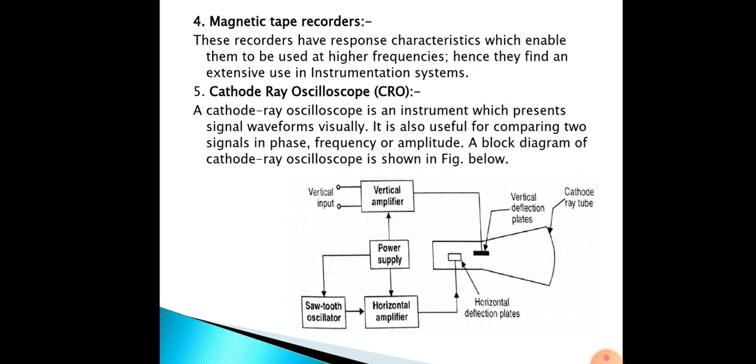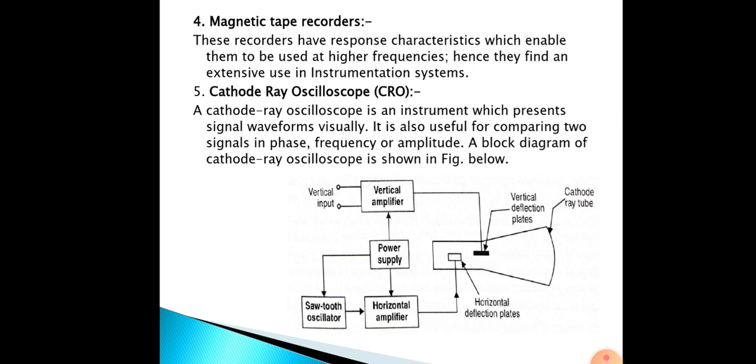Okay, the block diagram of the CRO you can see over there, down. Okay, so what all will be there: a sawtooth oscillator, then power supply, vertical amplifier, horizontal amplifier. Why is this? Because it is to amplify and drive the vertical deflection plates and horizontal deflection plates. By that the waveform will be drawn in either horizontal and vertical direction. On the cathode ray tube, it has to deflect the electrons vertically and horizontally, and that will be done by this.